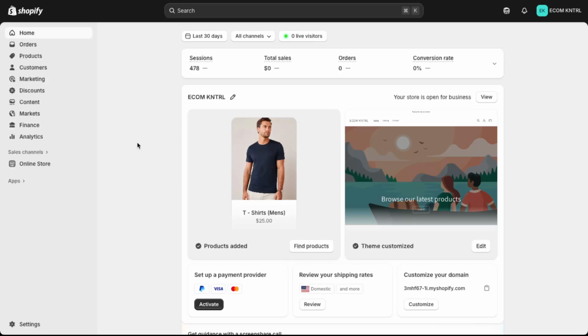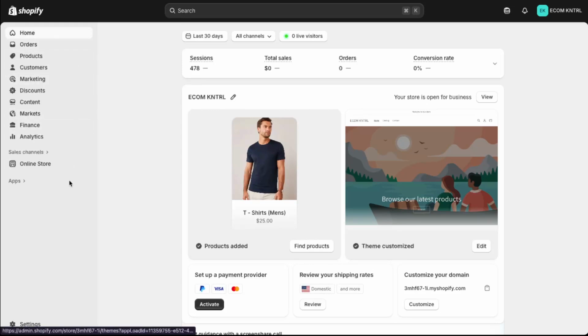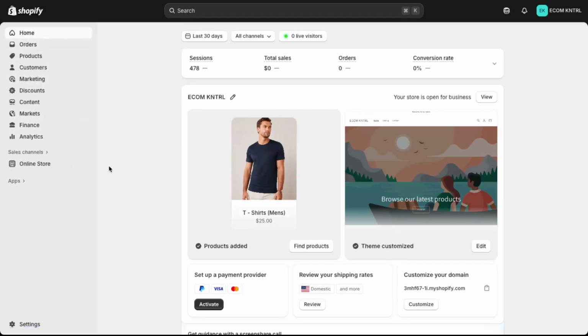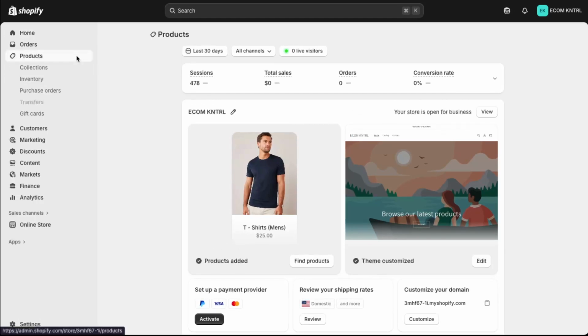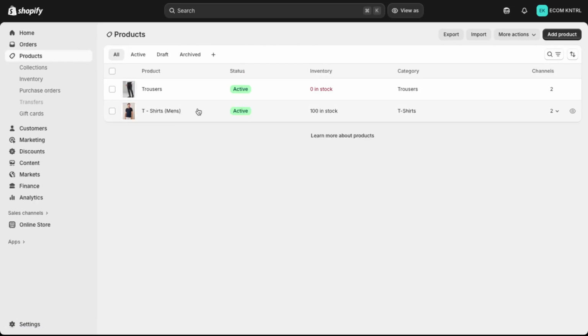First, go to your Shopify dashboard and log into your store. This is your main admin area, where you manage everything from orders and customers to products and apps. Once you're in the dashboard, look at the menu on the left-hand side and find the option labeled Products. Click on Products. This takes you to a list of every item currently in your store, including active products, drafts,